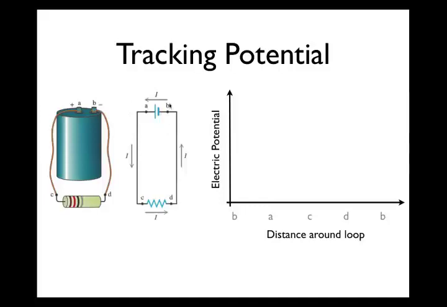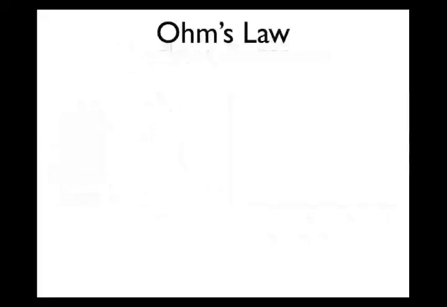Well, if you go from the negative post of a battery through the battery to the positive post of the battery, that battery has an associated electric potential difference, and when you're moving negative to positive, that means you are increasing an electric potential during that motion. And so as we move from B to A on our circuit,